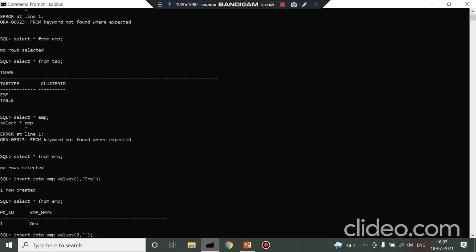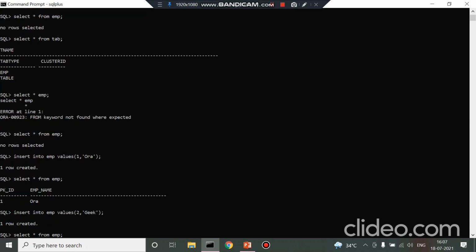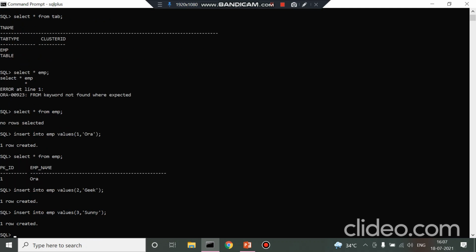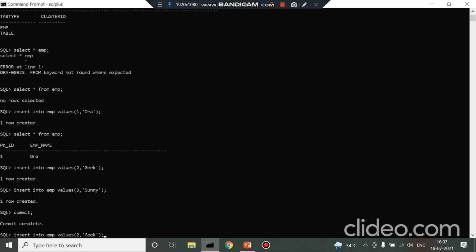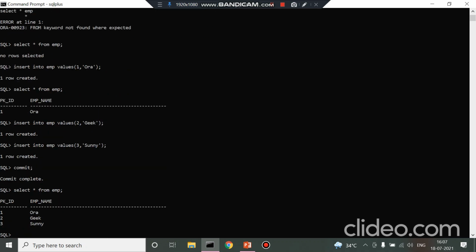This insert comes under DML. The next row is inserted. Let's insert a third row. Now let's commit this. So as you can see, the data is inserted.